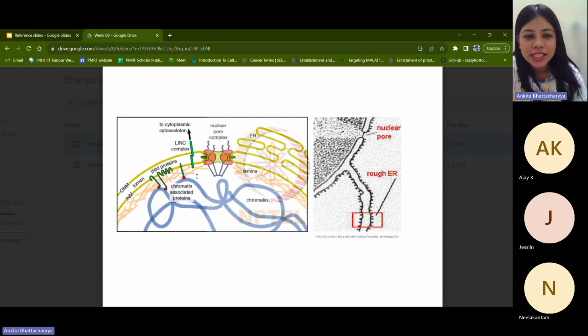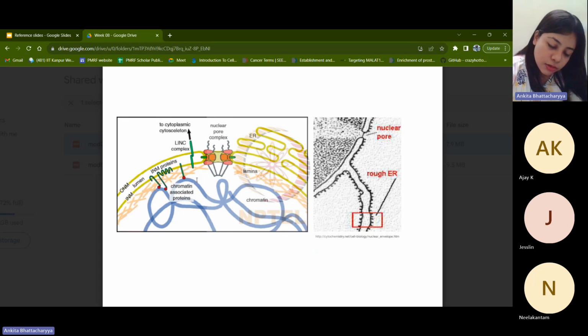You can see that there is a complex of proteins, which is known as the LINC complex, that is linking the nucleus to the cytoskeleton, to the cytoplasmic skeleton. And this link is carried out by the complex known as the LINC complex. Now, how is this link being executed? Right beneath the nuclear membrane, there is an extensive network of lamina or lamins, which is forming the nuclear lamina.